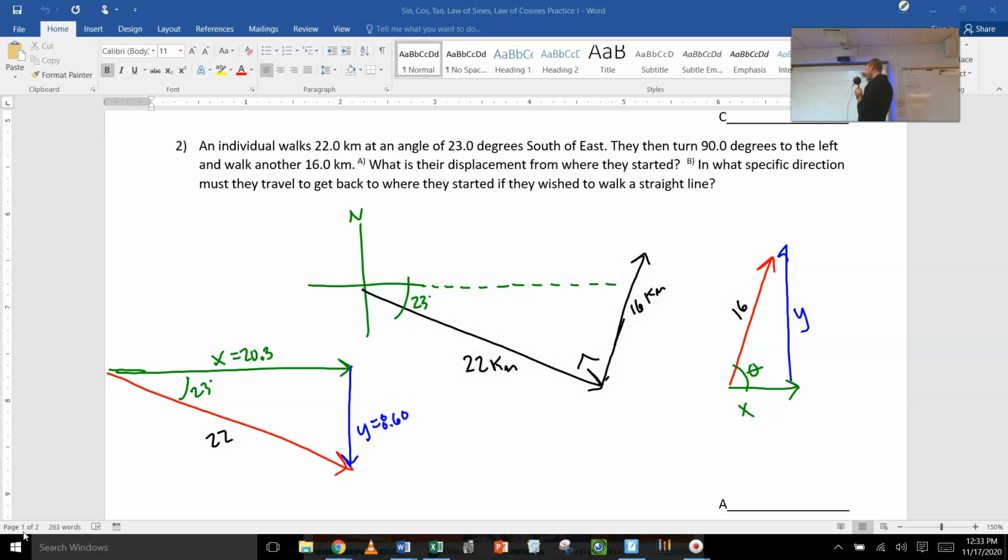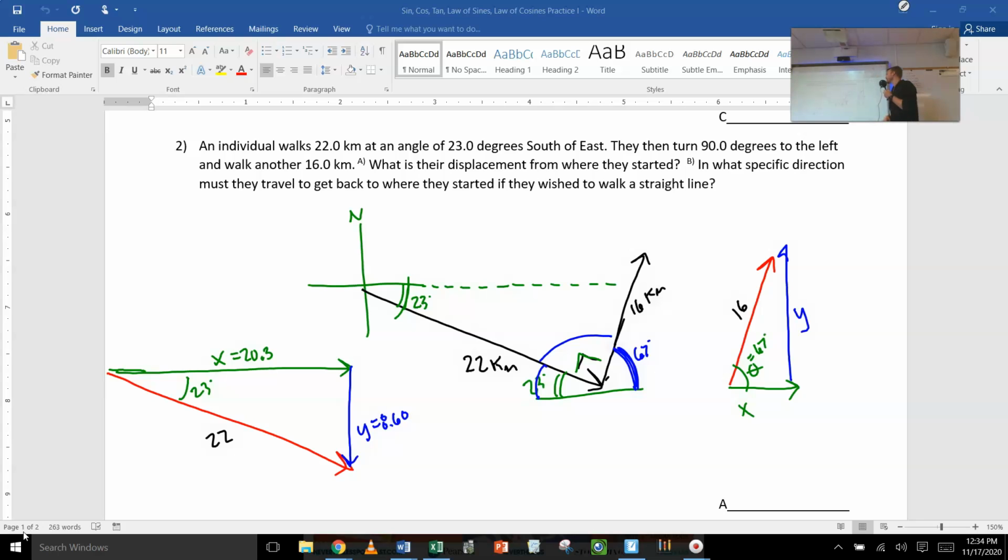Let's see if we can figure this out. A little bit of geometry for you. This angle right here is equal to that angle right there through what are called alternate interior angles. So this is also 23. This is 90, so this angle plus this angle plus this angle have to equal 180 degrees. That means that this angle right here has to be equal to 67. It's the complement of 23. So this angle,